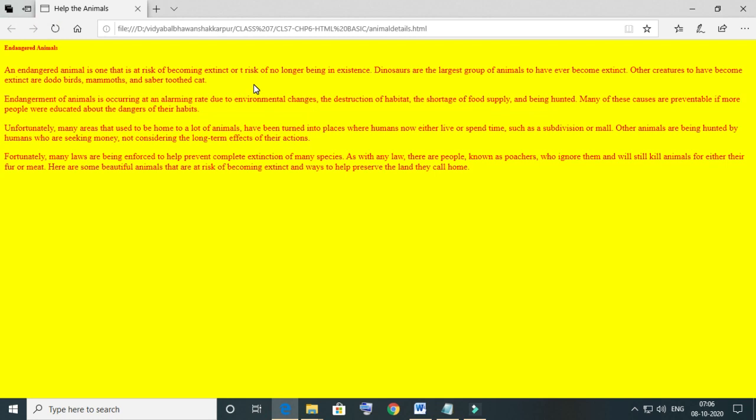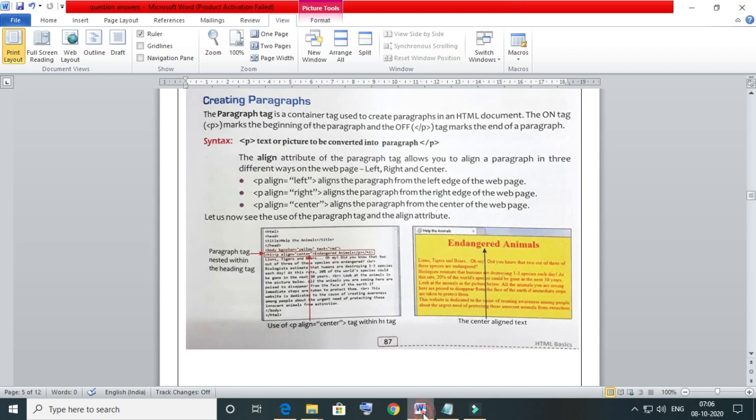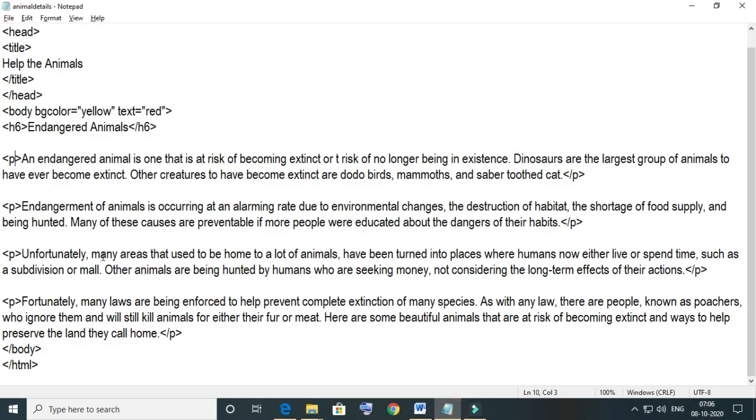Now you can align it left, right, center. By default the alignment is left, and if you want to do it as center or right, just write that specification in the notepad. So I am doing the second paragraph as center alignment.